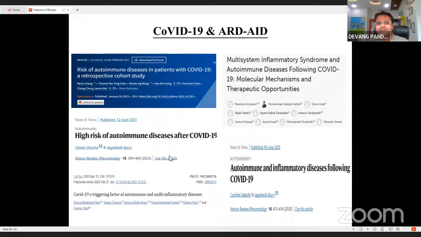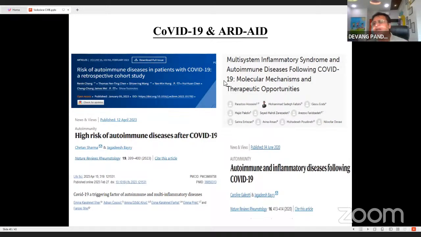In many of the conferences, and not only in this specialty but in other specialties, we are seeing autoimmune diseases. In the central nervous system also, we are finding more cases of GBS and multiple sclerosis, and lupus and JDM, and this autoinflammatory disease as well. So there is a complex mechanism between COVID-19, and some reports say that after the COVID-19 vaccine, some people developed autoimmune or autoinflammatory disease, but this is just a coincidence. It is not scientifically proven.